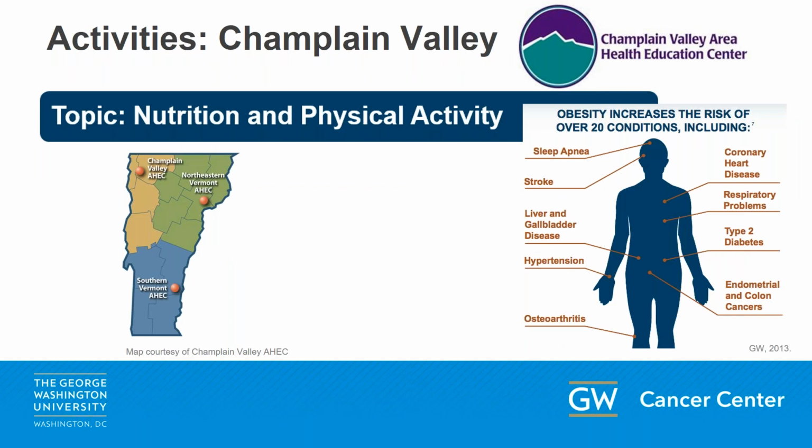For Champlain Valley in Vermont, attendees actually renamed it as Champlain Valley Healthy Lifestyles Collaborative because they chose nutrition and physical activity as their topic. Their region is highlighted in yellow on the map, and as we know, cancer and chronic disease both have a stake because